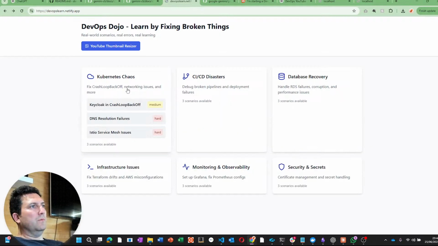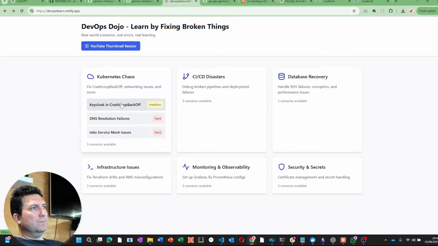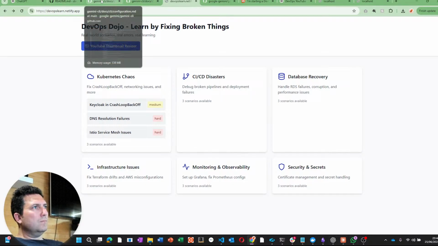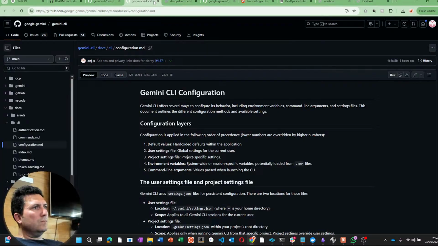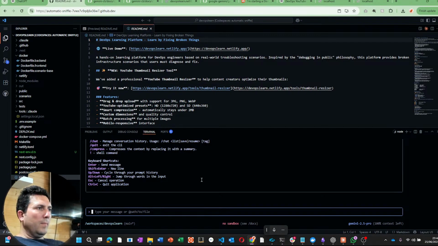So we'll start off with this Kubernetes chaos scenario. Okay. So we'll say